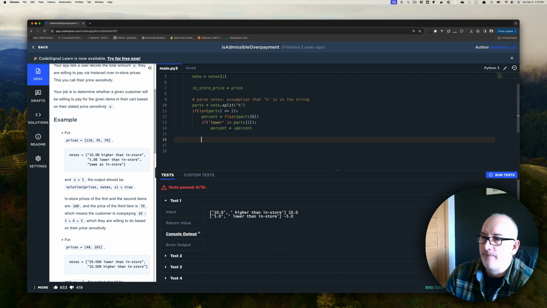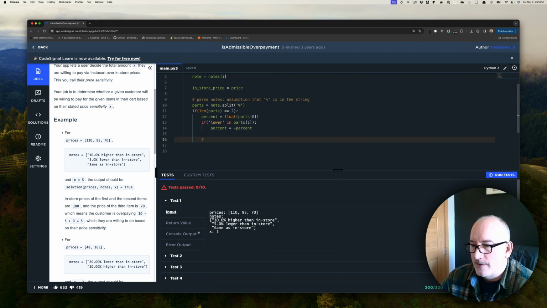All right, so let's think about the formula here that we're going to have. So if we look at the numbers here, this is the first one. It says the price is 110, and then the note says this is 10% higher than the store. So the price in the store should be 100. So given that, if you were going to calculate that price that we're given, which is the 110, what we're saying is that's going to be the in-store price, which is 100,